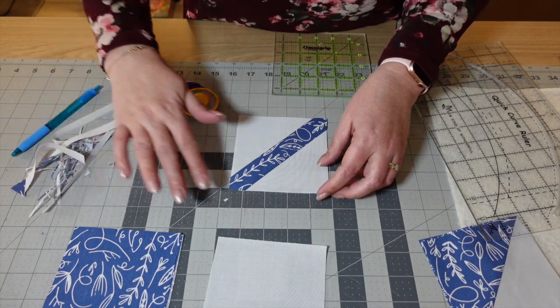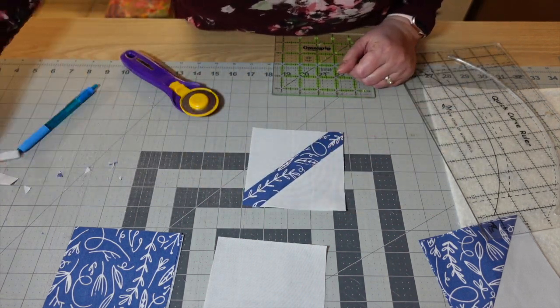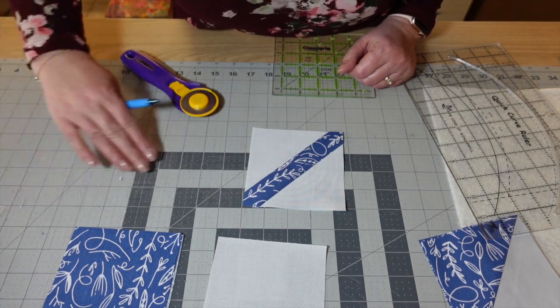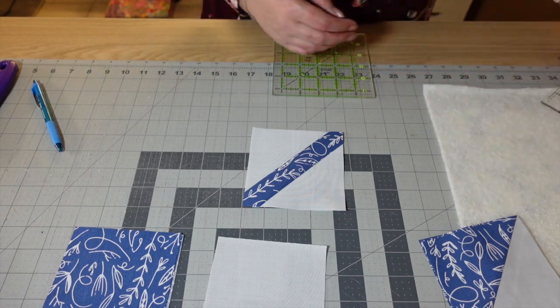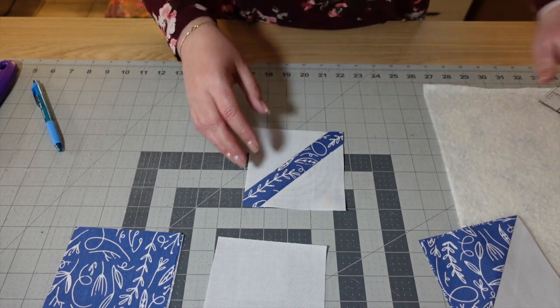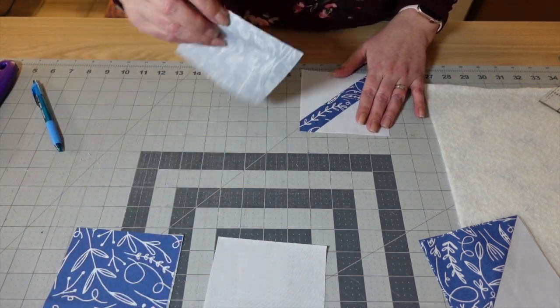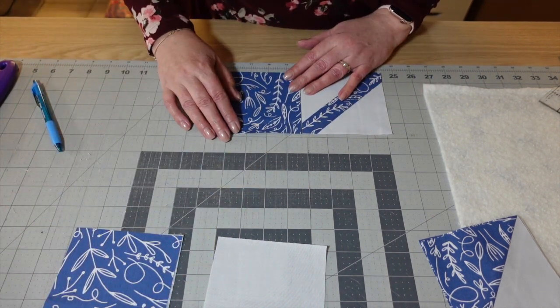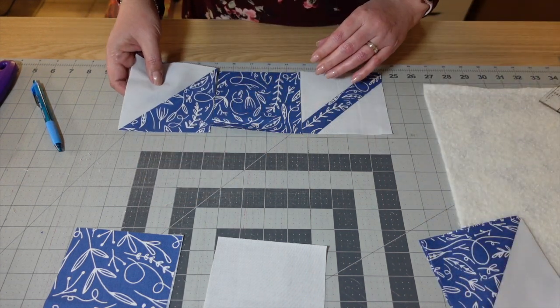And there we go. I have the stem of my maple leaf. And now we can put our block together. So at the bottom we have our stem, then we have a colored block, we have a half square triangle